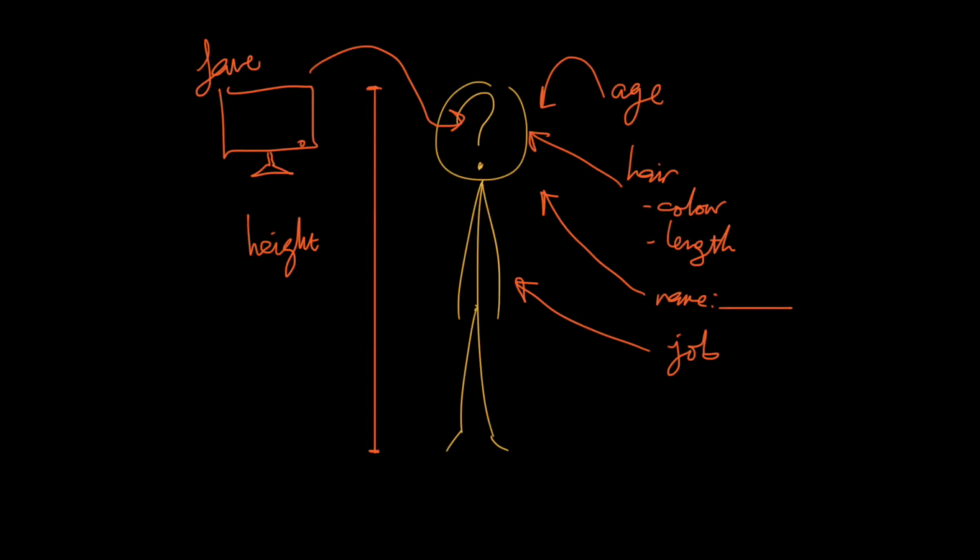By asking questions. So when we have an attribute we want to describe, like age, we need to ask a question for each attribute. How many years old are you? How tall are you in centimeters? What color is your hair? How long is your hair? What is your name? What is your profession? And what is your favorite TV show? Now, since people are very complex, we could keep asking questions for a long time, but each of these questions would be an attempt to find out about a particular attribute of that person.